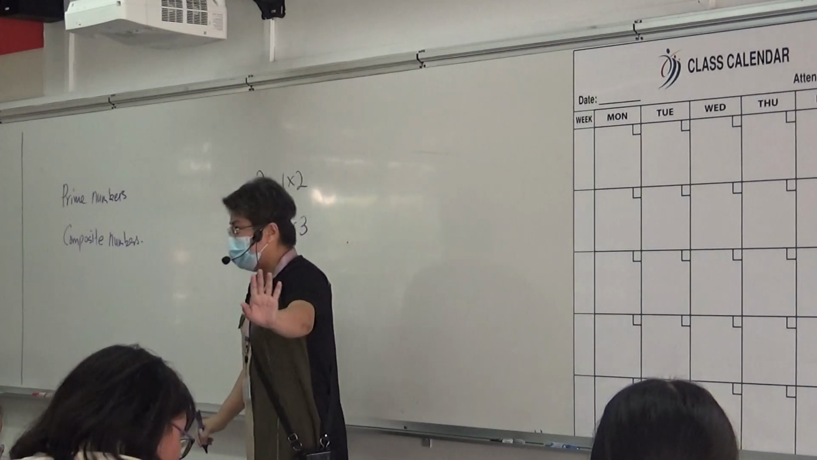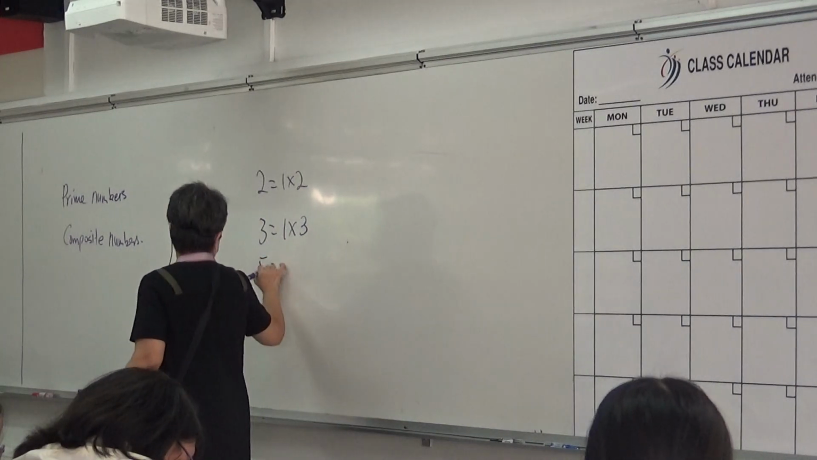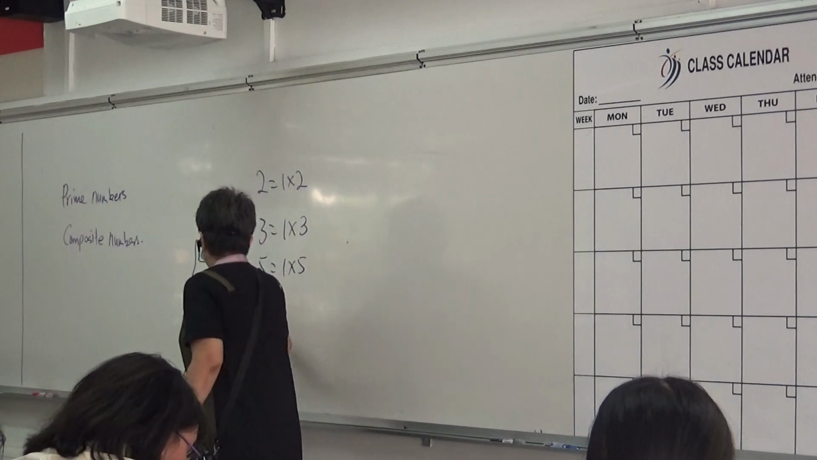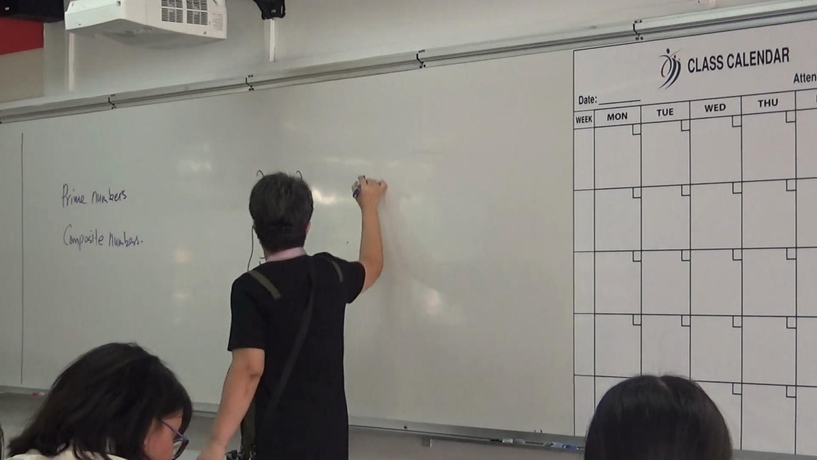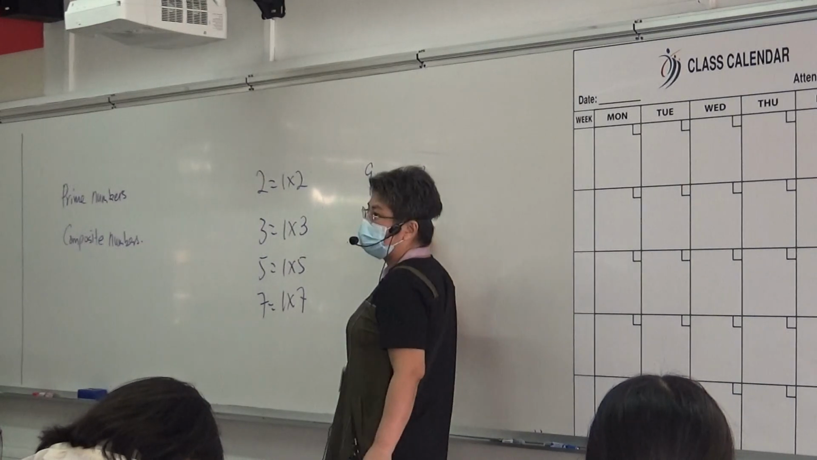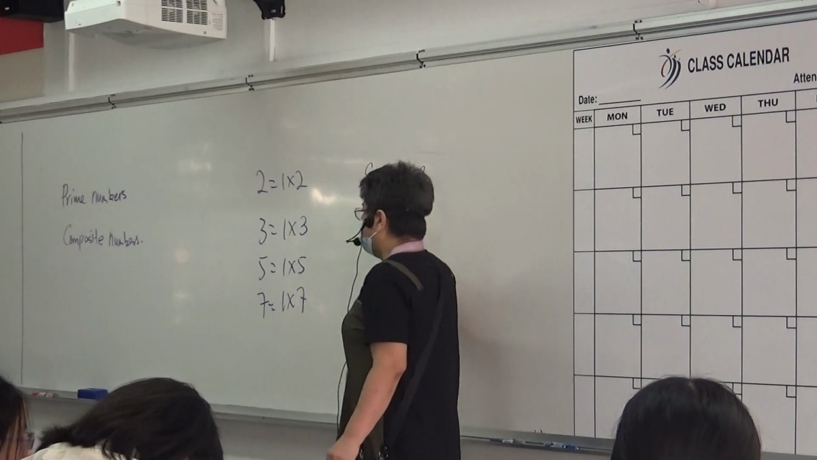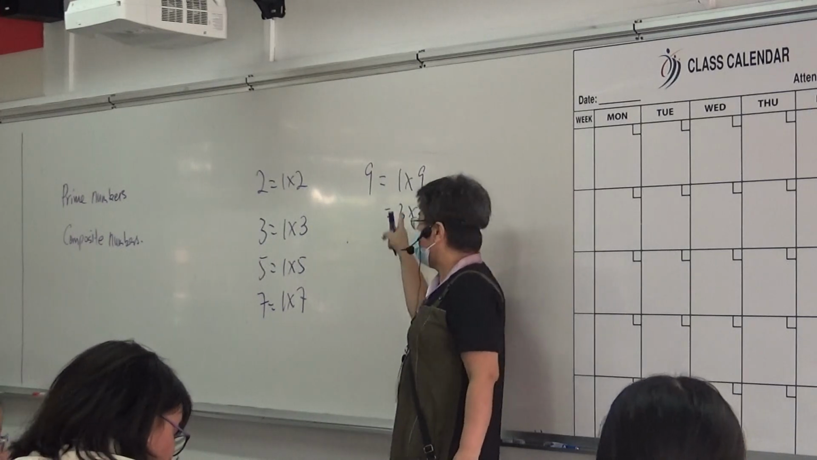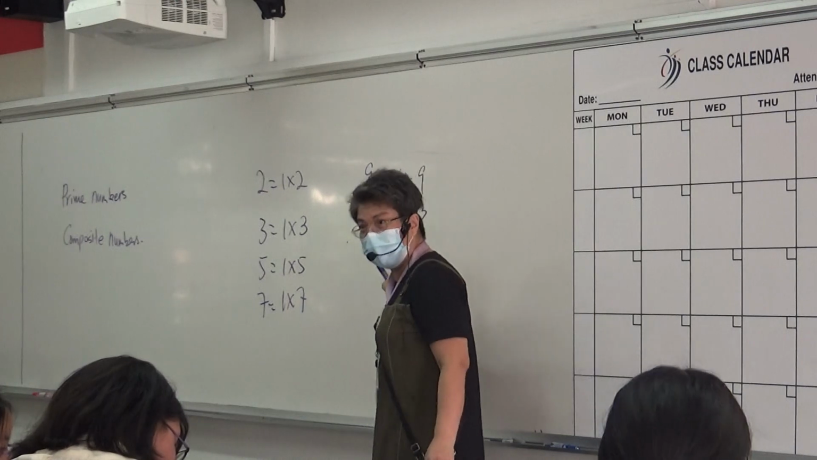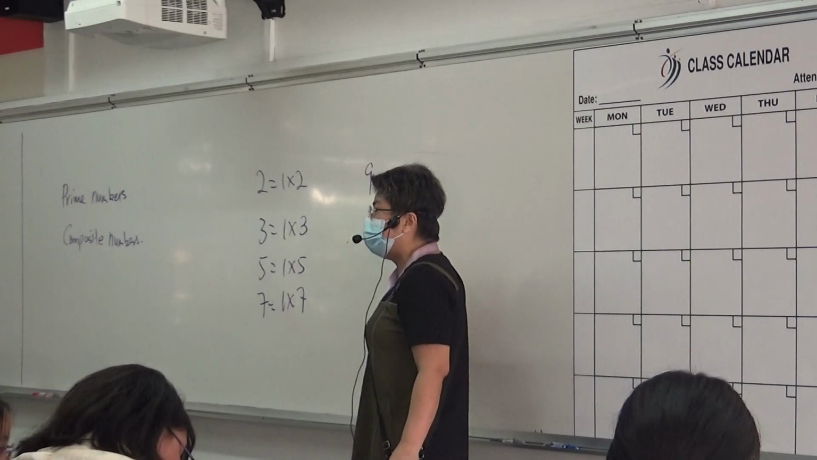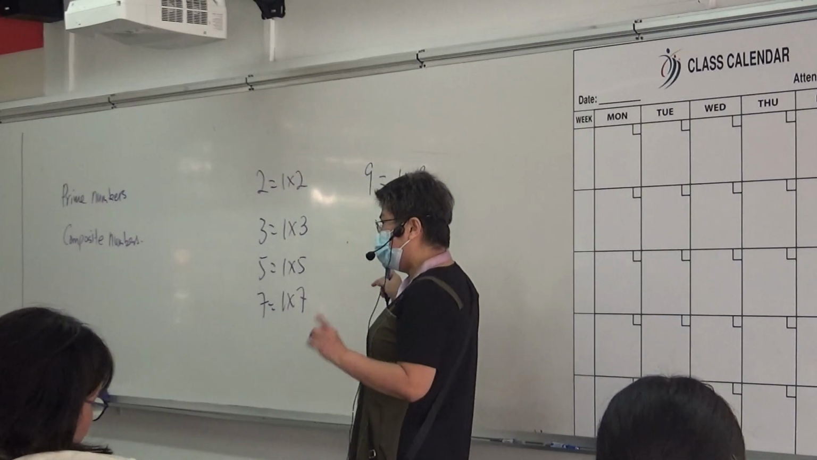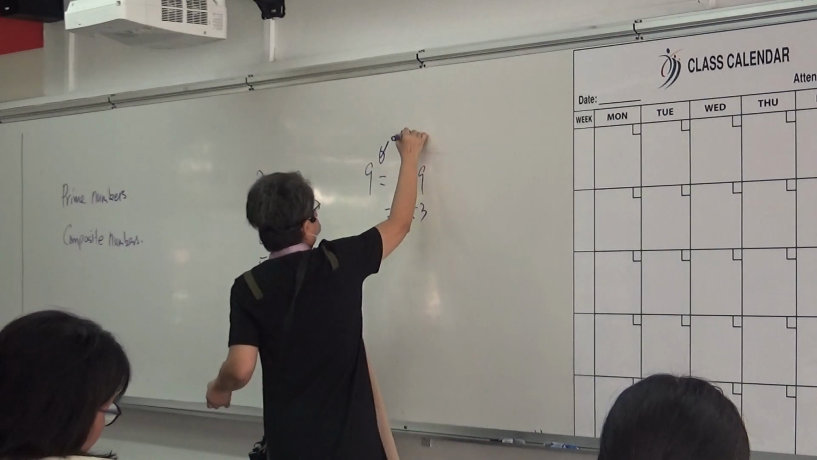That's all. The end. How about 5? 1 times 5. How about 7? 1 times 7. How about 9? 1 times 9? Is this prime? No. All these are prime. This is not a prime because I have more than one combination. Do you understand? So those that have more than one combination will be called